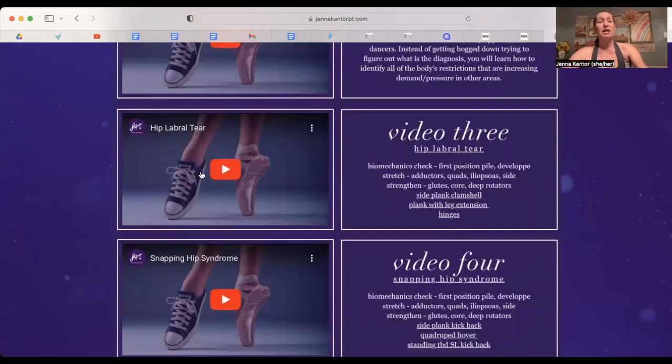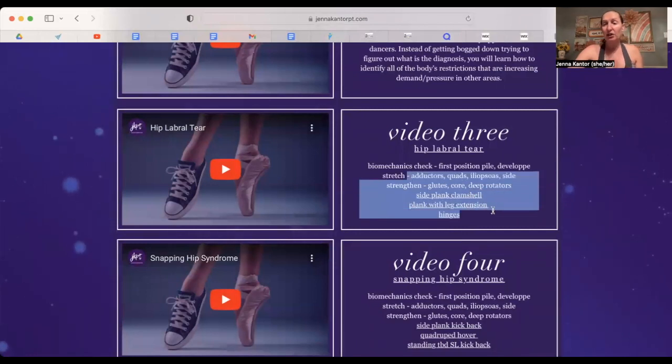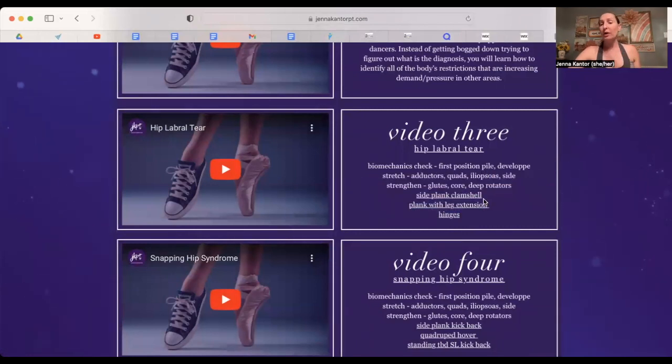There are exercises provided in the videos for each injury. It's very basic, layman terms. It's just breaking down the injury for you. These over here are getting you to think, oh, beyond just doing clamshells, oh, a side plank clamshell, and so on. And for every single injury, and this took a lot of time,